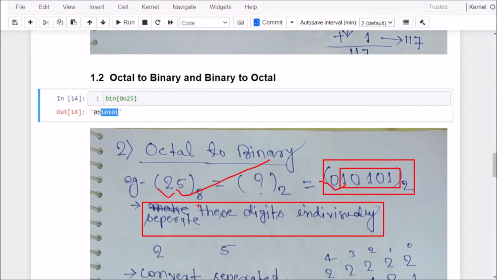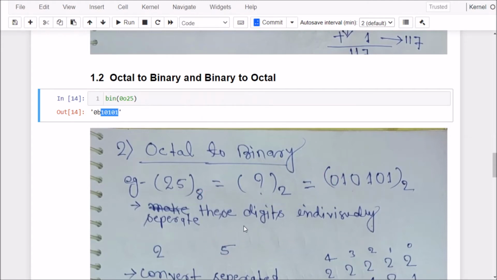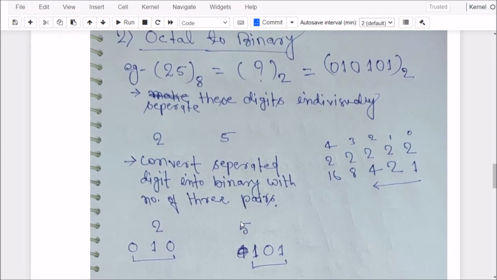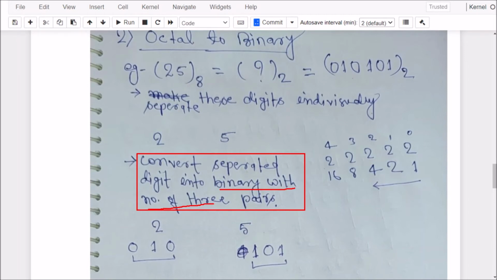Okay, so here I have separated these values, and then after separating, we have to convert these separated digits into binary with 3 bits. So we have written here 2 and 5.